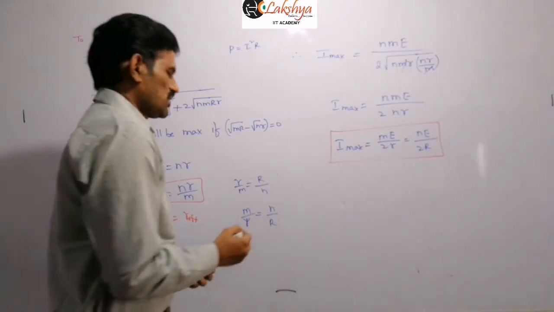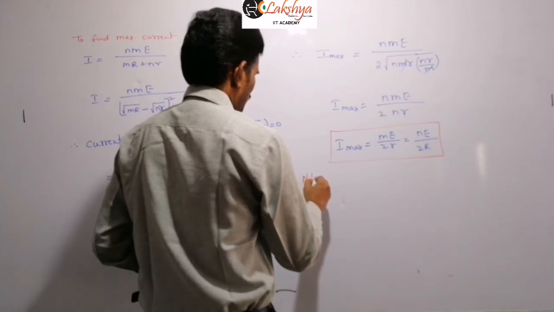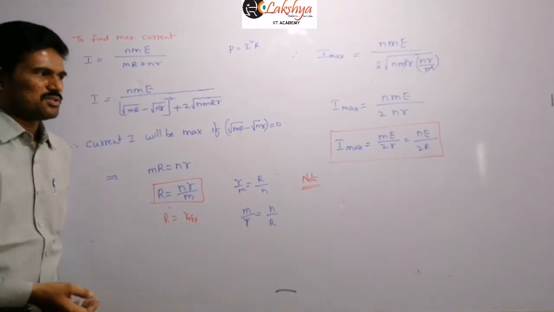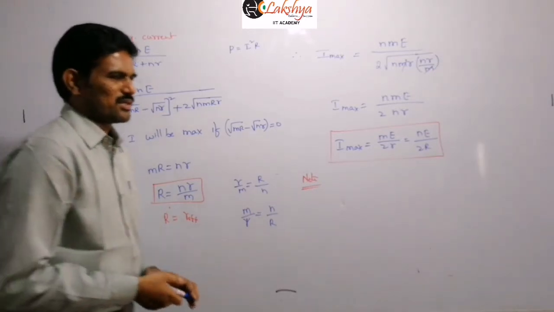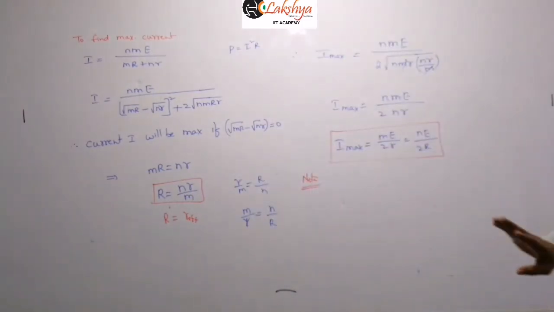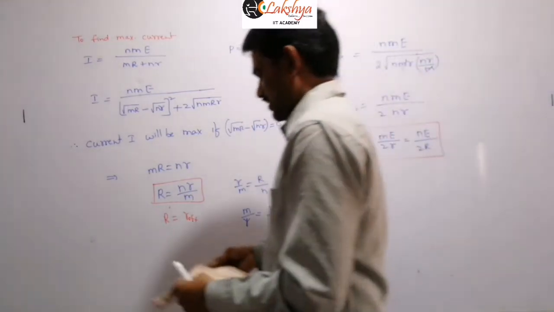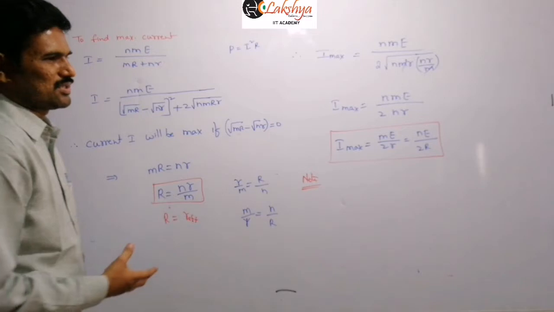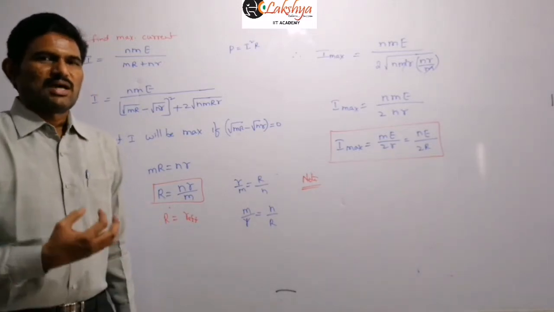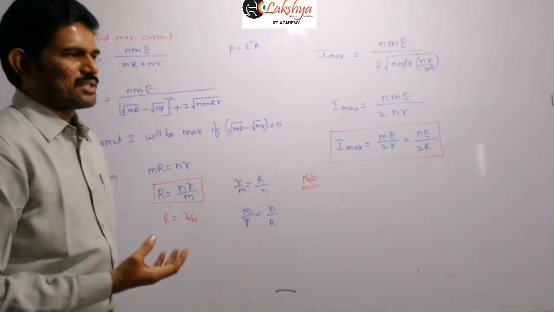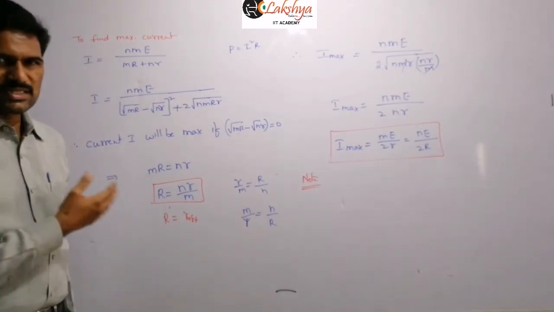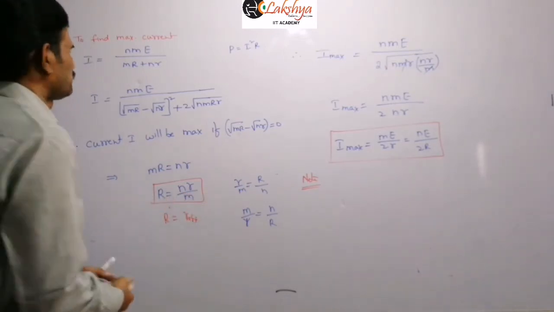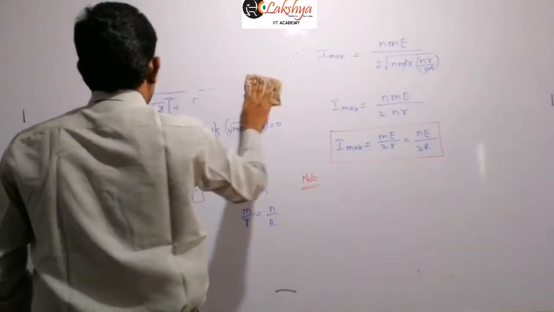And here, just to mention a note and write some points. Sometimes they will ask some other questions related to this maximum current or maximum power. So let us write that. Regarding the maximum current and maximum power, a total of 3 cases will be there. This is one of the cases, when a number of cells are given to us in some combination, and if they ask when you will get the maximum current or maximum power, then we need to connect such a combination of cells like this. So this equation is important here: NR by M, external resistance is equal to, right?